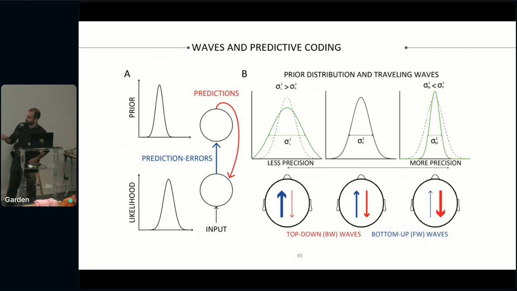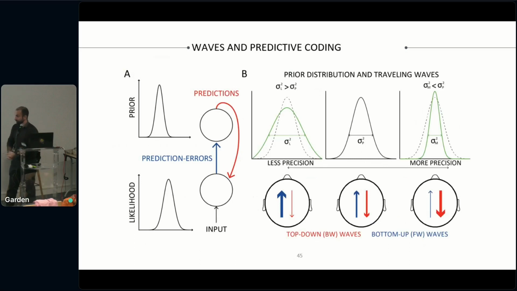Totally. For the first point, in this case I'm talking about the precision of the prior. I think what you meant is the precision of the prediction error, because you can imagine the prediction error also having a precision. But let's talk to the specialists. For the second point, yes, totally. The way I see it, alpha is more like a carrier, and gamma is doing the actual heavy lifting locally. And there is also a lot of work by Bastos that relates